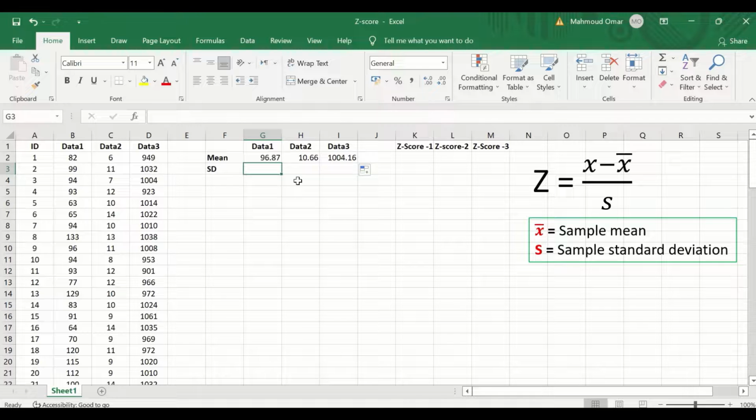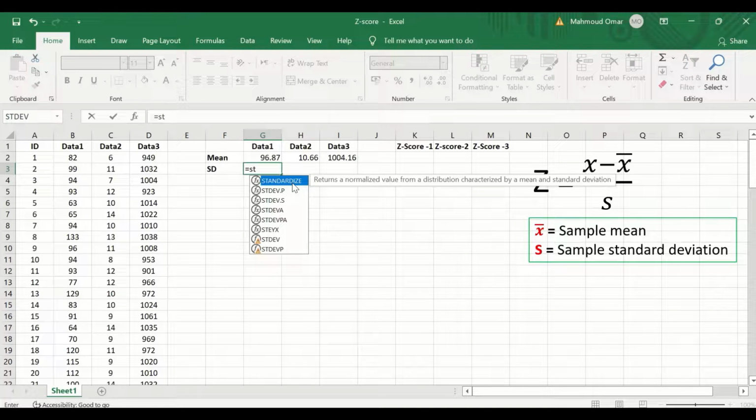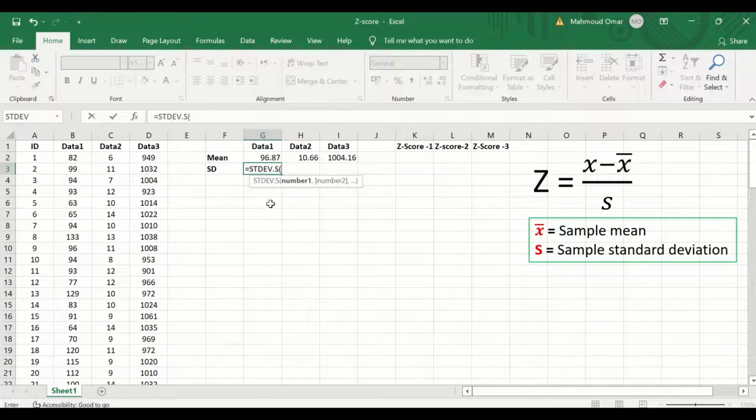To calculate the standard deviation, insert the equal sign, then type standard deviation or ST, and then scroll and select the standard deviation for the sample, STDEV.S. Once this is selected, select the range for the scores to enter. For data 1, we're going to select the first score, and then press Control Shift, and keep holding